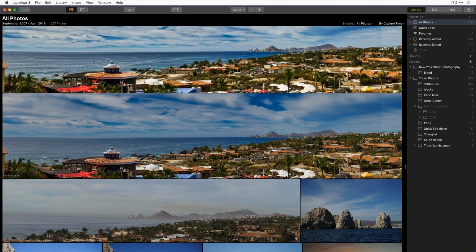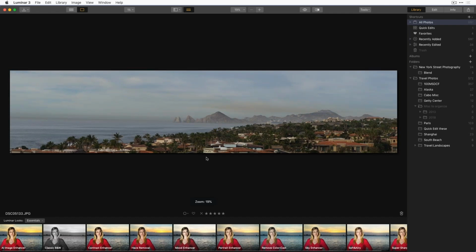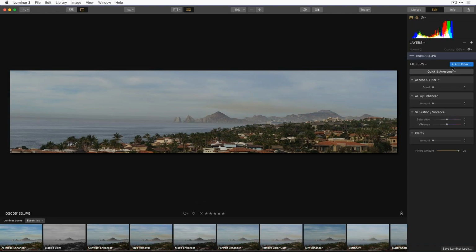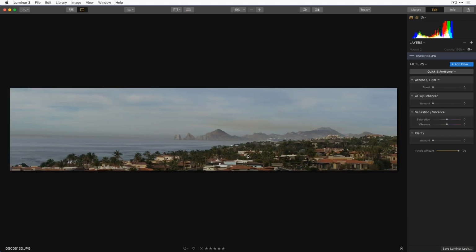So let's take an image that isn't so great, this image here, and I'm not sure how well it works. I've actually processed these two other images. I know they work great, but I'm going to take this image here. I like working without a net. I double click to load it in. I want to edit it, and I want to apply my personal filters, and I don't want to start with the look. I'm going to, as a matter of fact, close the looks just to give us a little more real estate. So this was a JPEG panorama that my camera shot,